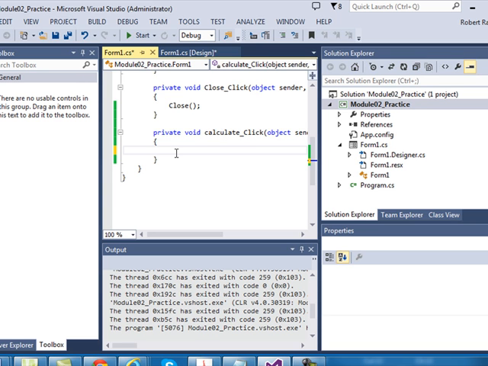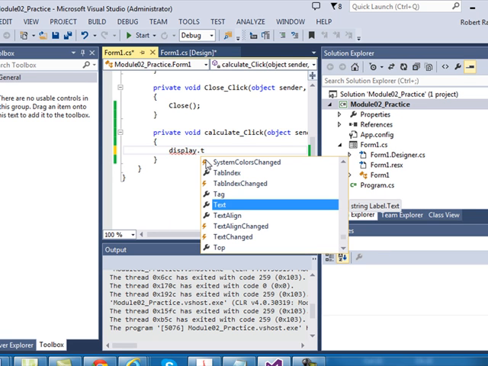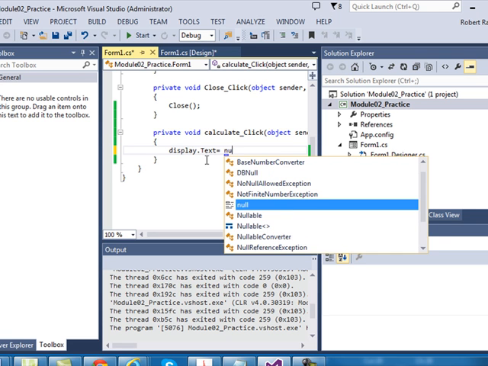First we're going to assign it to that label so we can keep that the same, and the name of that label was display, and it's the text property so that we can see it. So that's what we're going to assign it to. But let's make a calculation, and you remember that the name of that was num1, right? num1.txt,